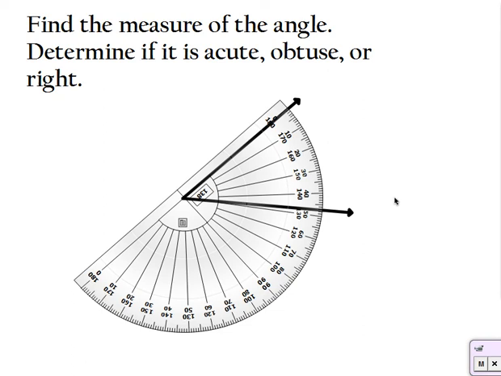The other way you can think about this is an acute angle is less than 90 degrees. Remember, 90 degrees is a right angle, so it's sort of like an L shape. Well, this is definitely less than 90 degrees, so I definitely wouldn't use the measure that was greater. Either way, you're going to use this top row of numbers, and you want to count from 0 over, so